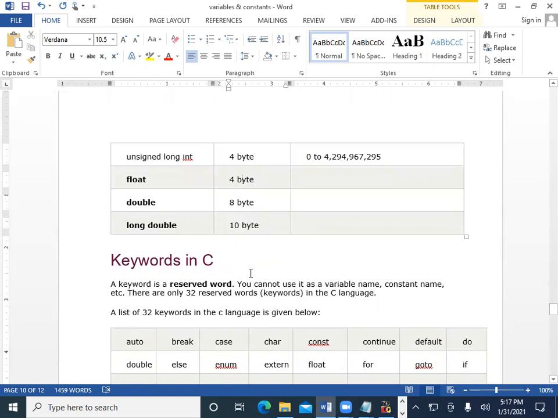So our next point is keywords. Keywords are very useful in C programming. These are reserved words, and every reserved word has a specific meaning.